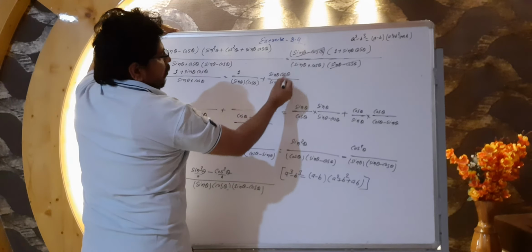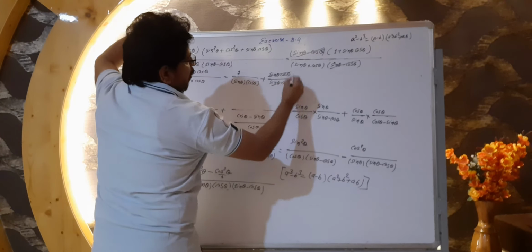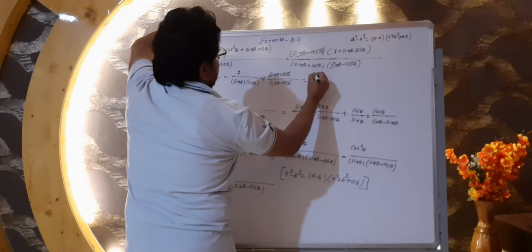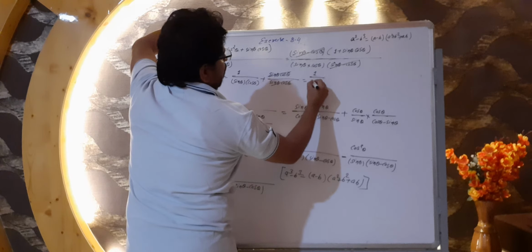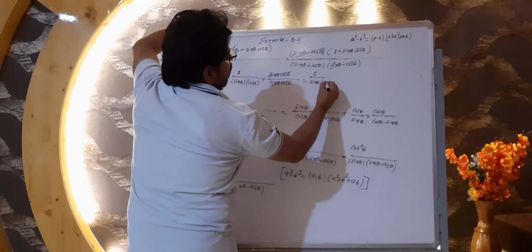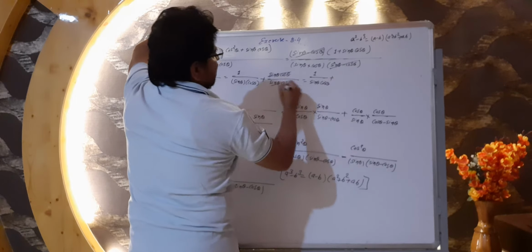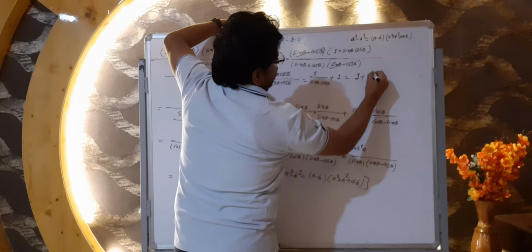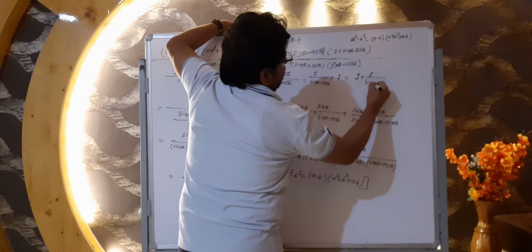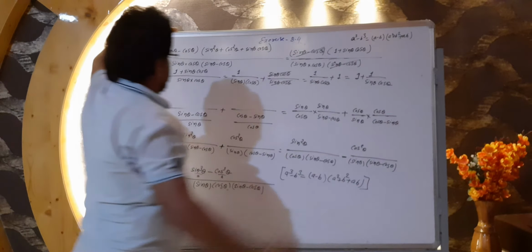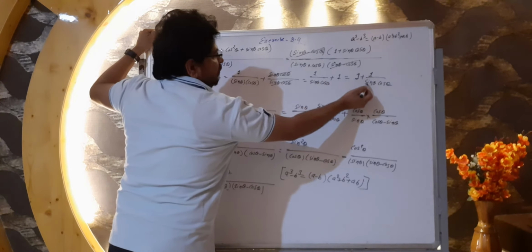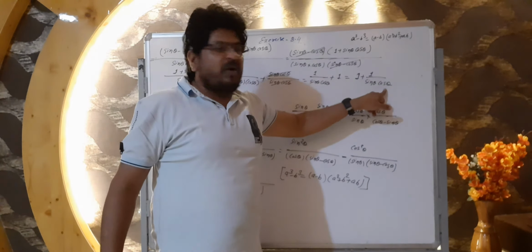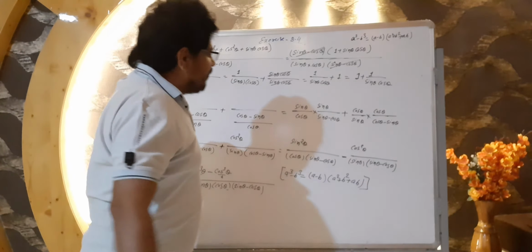Let's see there. Sin theta cos theta, this term will also cancel. Now what remains with us? Here remains 1 upon sin theta cos theta. This cancels, then what remains? 1. So we can write like this also: 1 plus 1 upon sin theta and cos theta. Now look, 1 upon sin theta means what? Cosec theta, and 1 upon cos theta means what? Sec theta. So what we wanted, that we got.